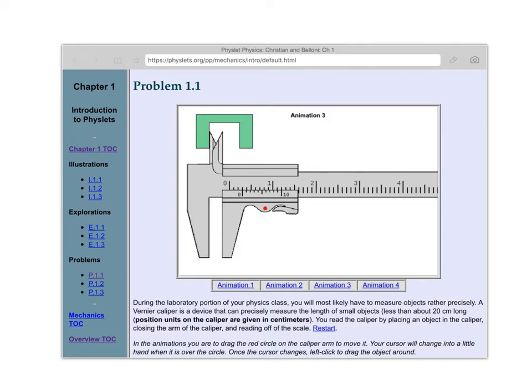The problem is, in every case, it's exactly on a line. What happens when it's not on a line? And also, in this case, what you would do is you would take this slider and slide it. So this mechanism allows you to measure the inside dimensions of an object. And so you'll do that here. And then when you get to animation 4, you'll have to